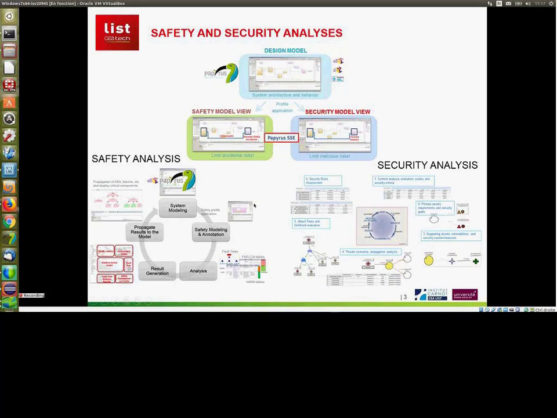We have to consider that these modules were developed independently, and right now the safety analysis is the more mature part of the tool. So I can tell that what we can see in this slide represents the methodology that we are able to support for the safety and